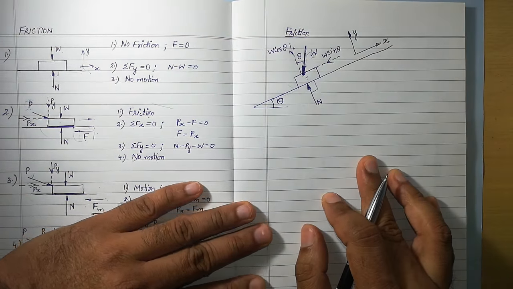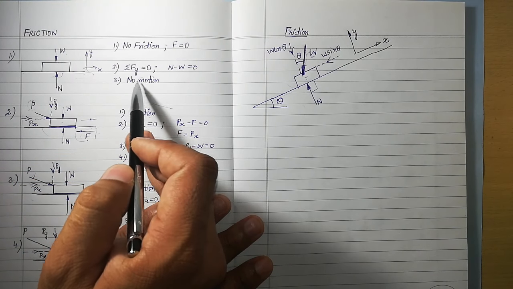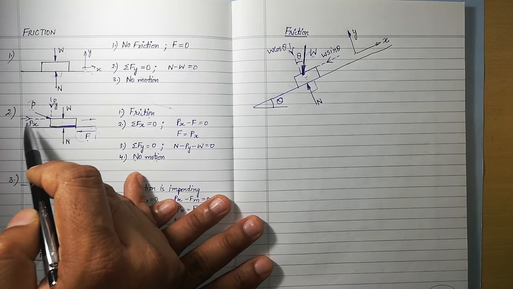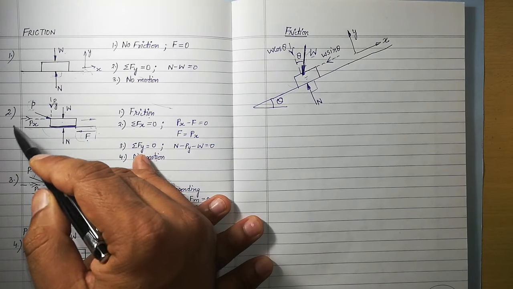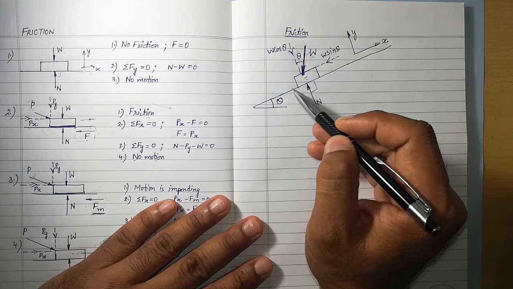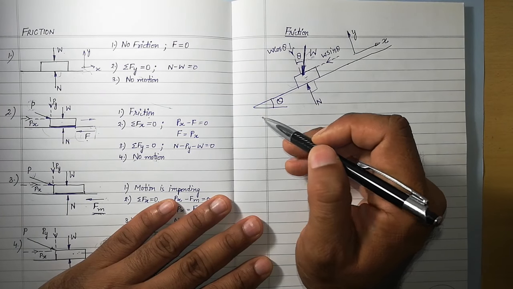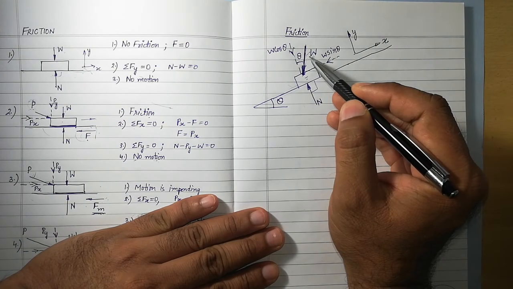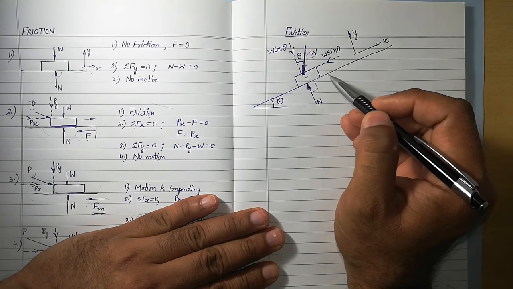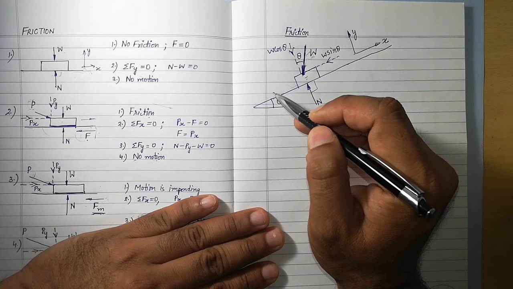Now one thing to understand: in the previous case we said that if there is no component of the force along the surface, then there will be no motion. But if there is some component of the force along the surface, then that component may have the tendency to move the body. Now let us observe the same situation over here. So this is the surface. Now you see W sin theta is the component of its weight, and this component is along the surface. That means this component has the tendency to make the block slide down the incline.